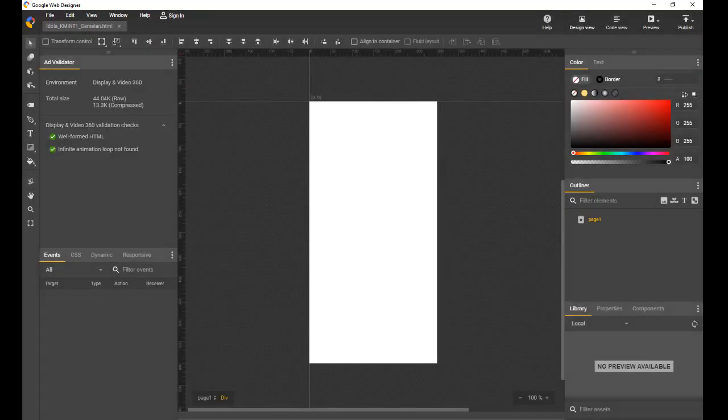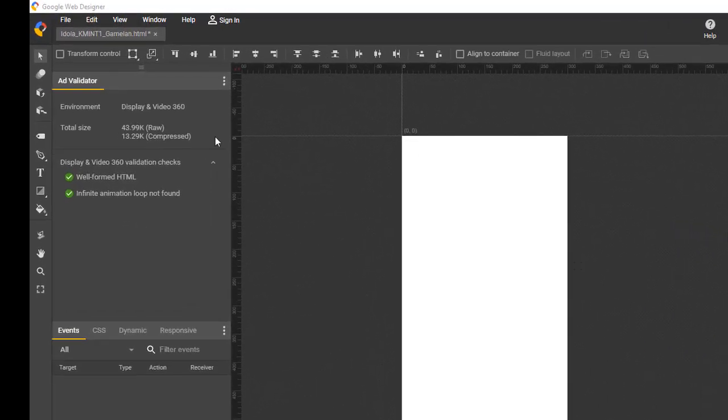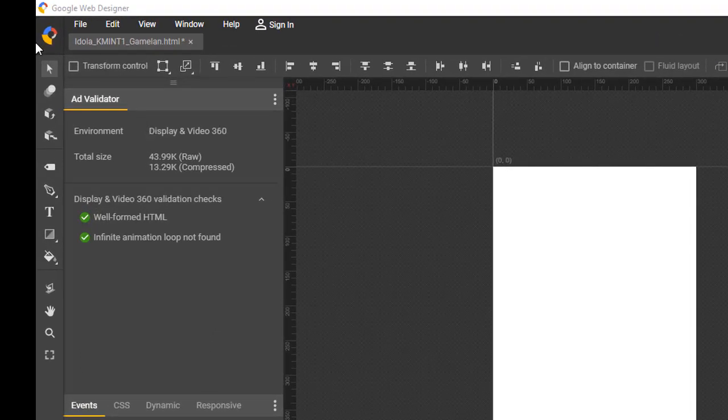Okay, so you see this is your blank canvas now. You will remember the previous material that I already sent through your Google Classroom. If you see this panel, this panel is the toolbar panel.